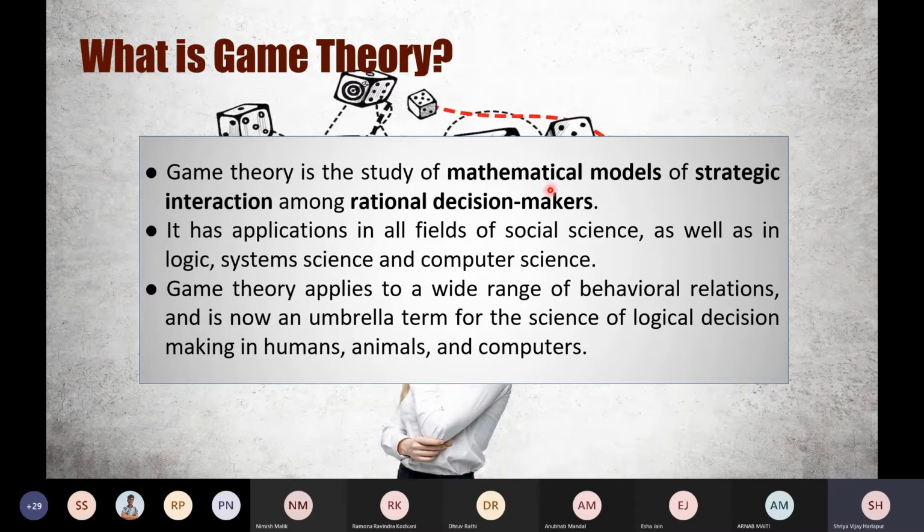They're rational decision makers. They want the best outcome for themselves. We can assume them to be selfish and greedy, which means they want the best for themselves, right? And so here it just talks about where this is applied. So obviously it's applied in logic and computer science. It's quite closely related, as we've seen. But it's also employed a lot in